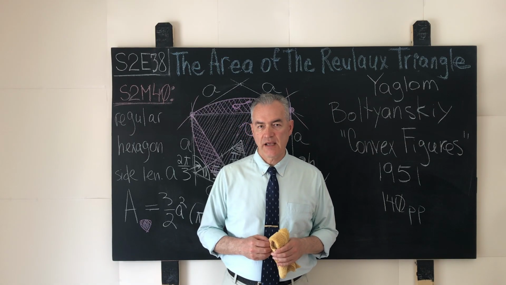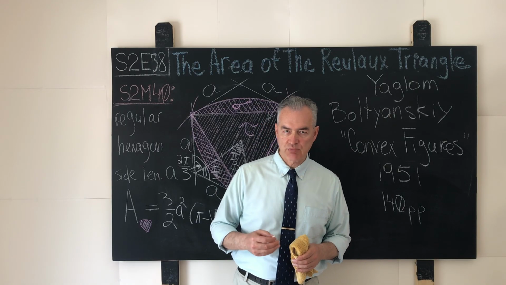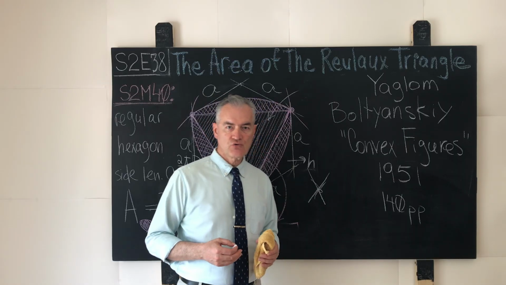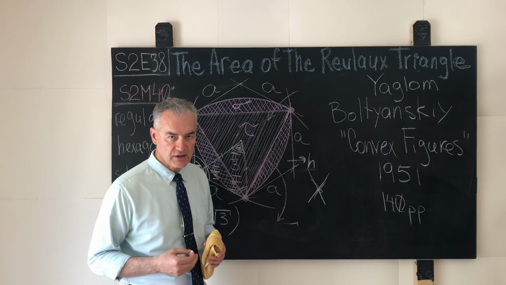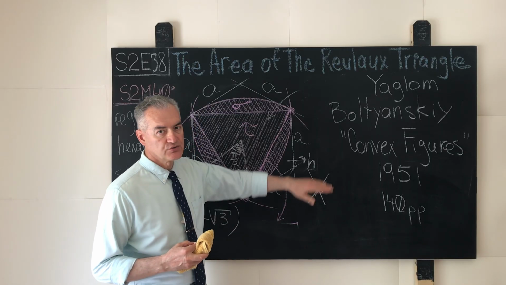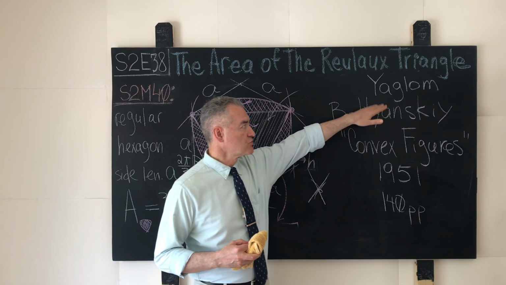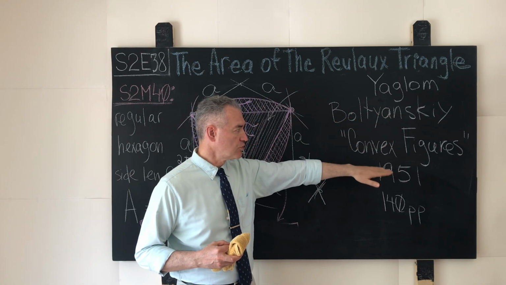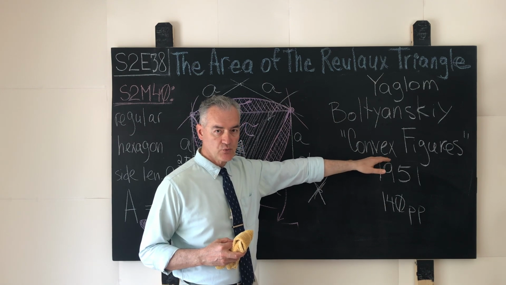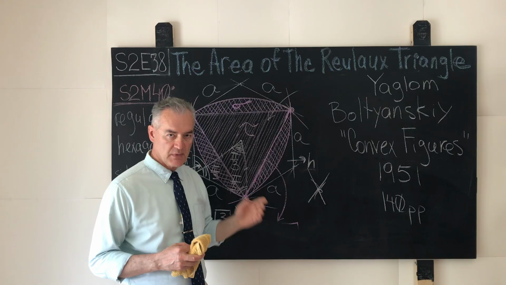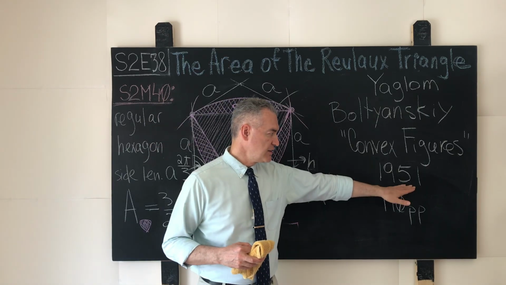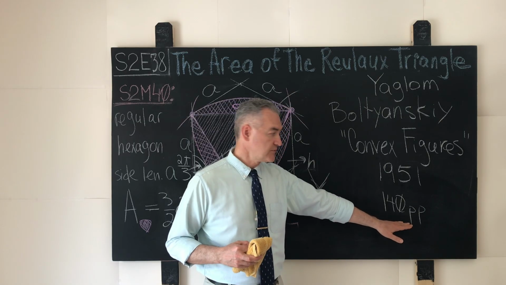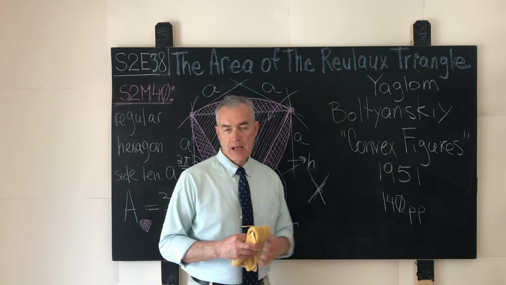Back in the 1980s in Moscow, when I was attending my college prep school, which is in some sense an equivalent of mathematics and physics, Circle as an extracurriculum reading. In that respect, we were given the book whose name I translated for you in English over here, by the 2 authors, Yaglom and Boltansky. The title of the book was Convex Figures. It was published by the publishing houses in Moscow and Leningrad. Back then, in the year of 1951, the copy that I have has 140 pages in it,